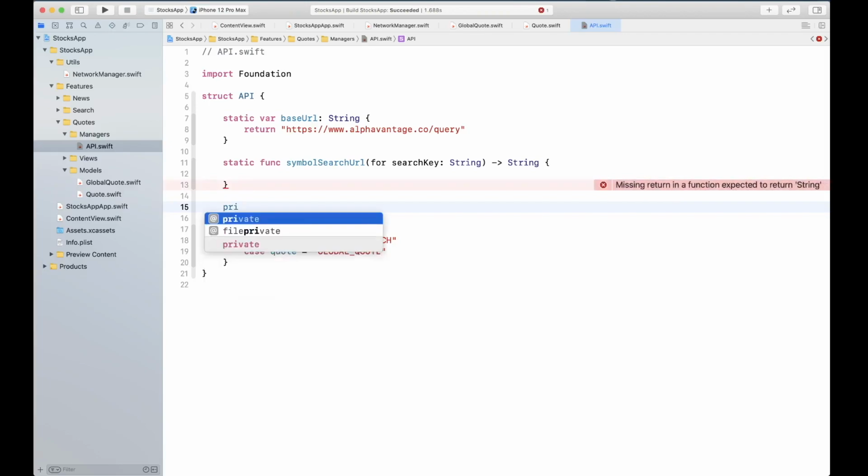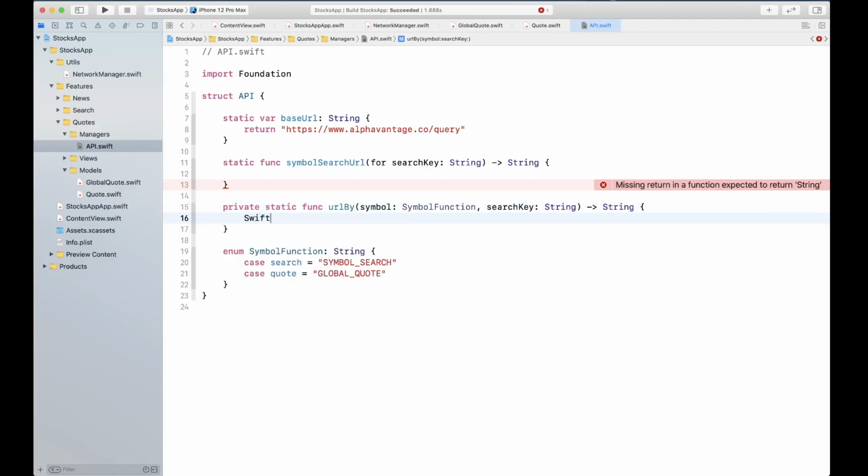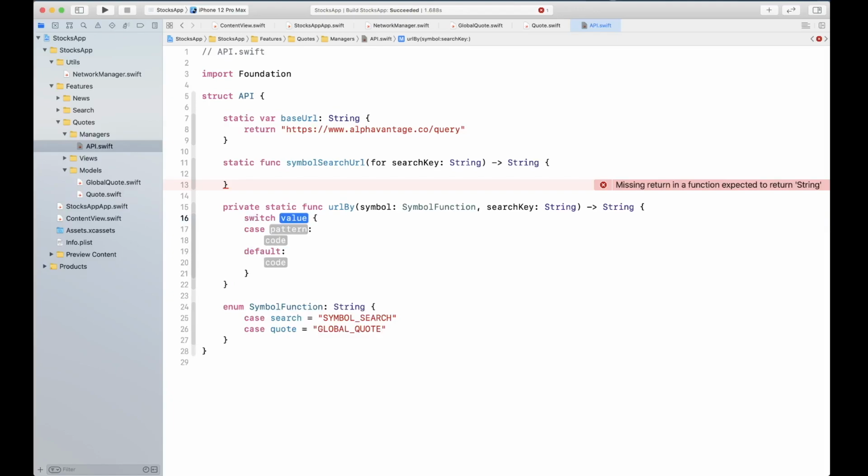So we can simply say private static func URL by symbol, function, search key is string, and this is going to return us a string, and we're gonna simply put a switch statement,